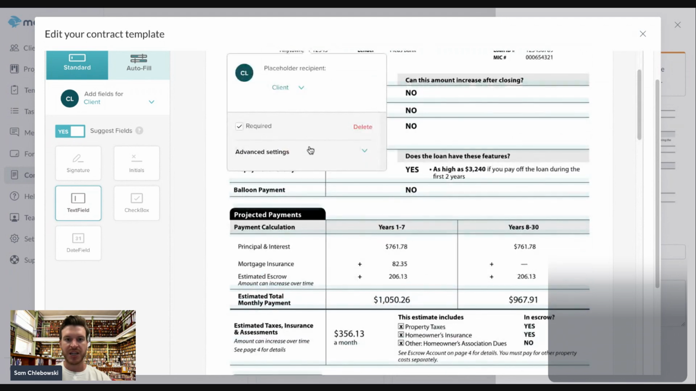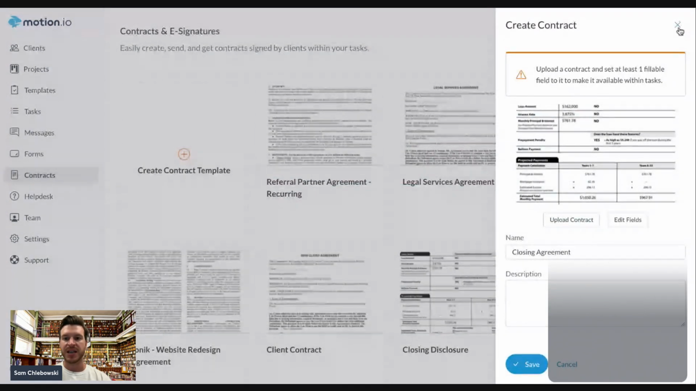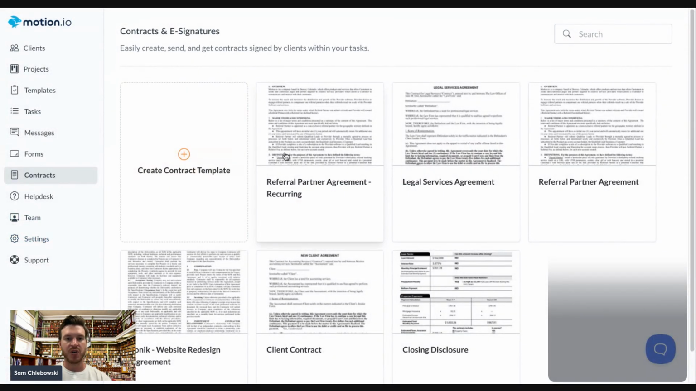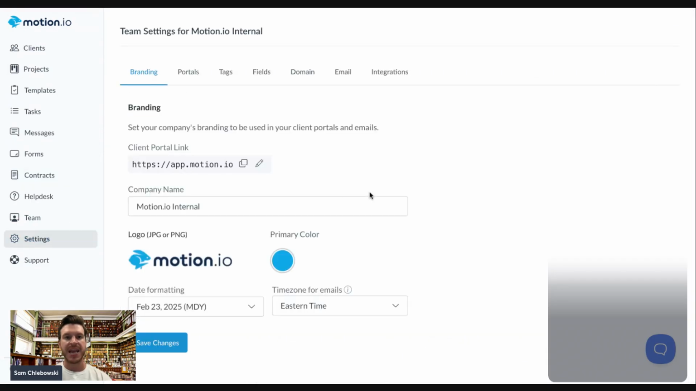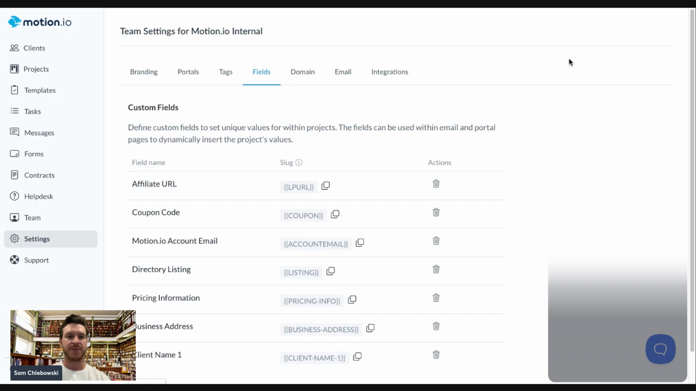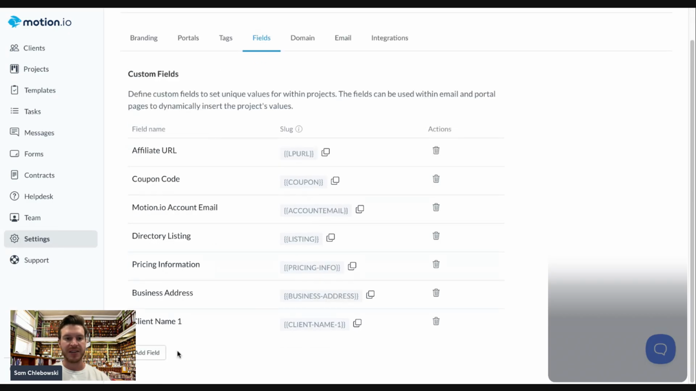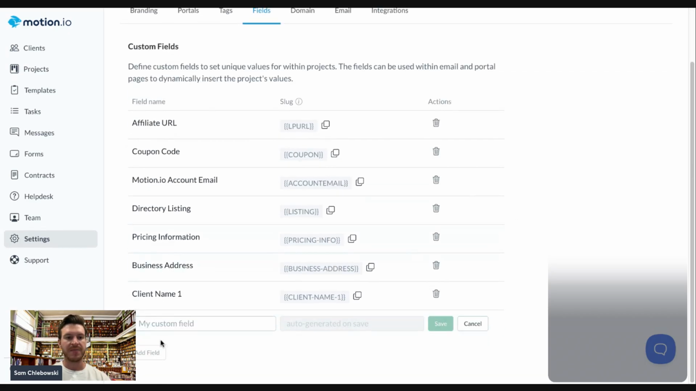So let me just back out of here for a second. And I'm going to show you how to do this from beginning to end, just because it is a feature that I know has been super, super valuable to the real estate agencies and agents that have been using us. So the way that you could set up a field to populate the address in this closing agreement is